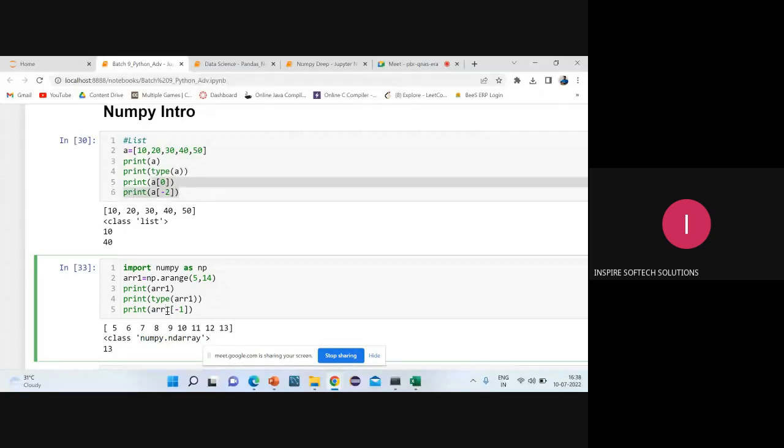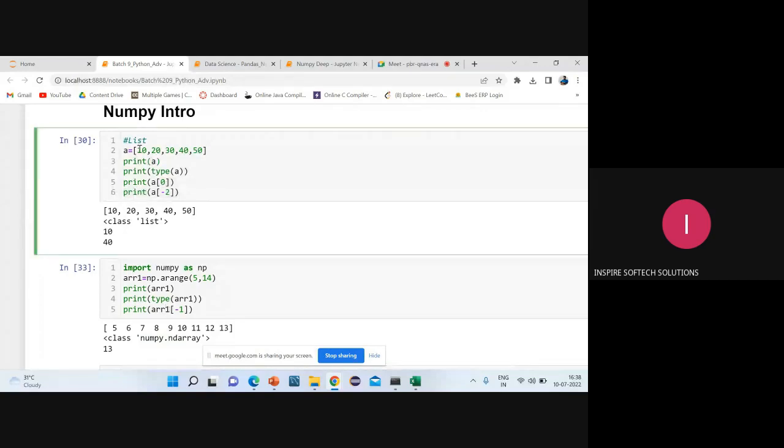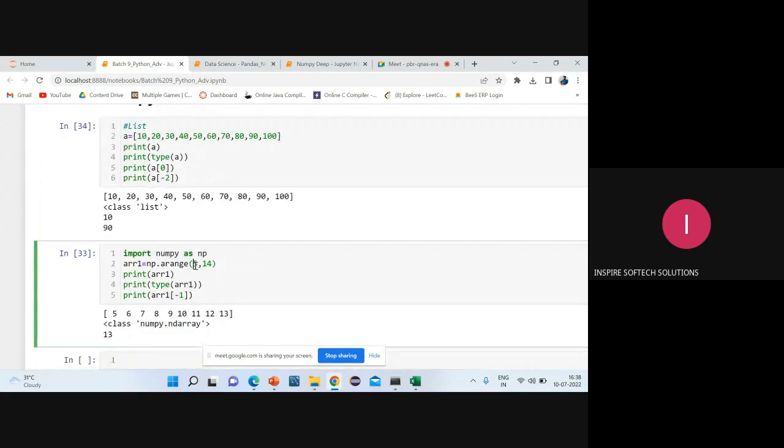And what about the list then? In a list, if you want to give 10 values, you should type 10 values. If you want to give 60, I have to give 60. 70 means I have to give 70, 80, 90, 100, I have to give manually one by one. But here what will I do? I just start from 10, end with 100, so the ending value I give as 101, and the step is 10. You can see here I got the output: 10, 20, 30, 40, 50, 60, up to 100, and it prints my values.